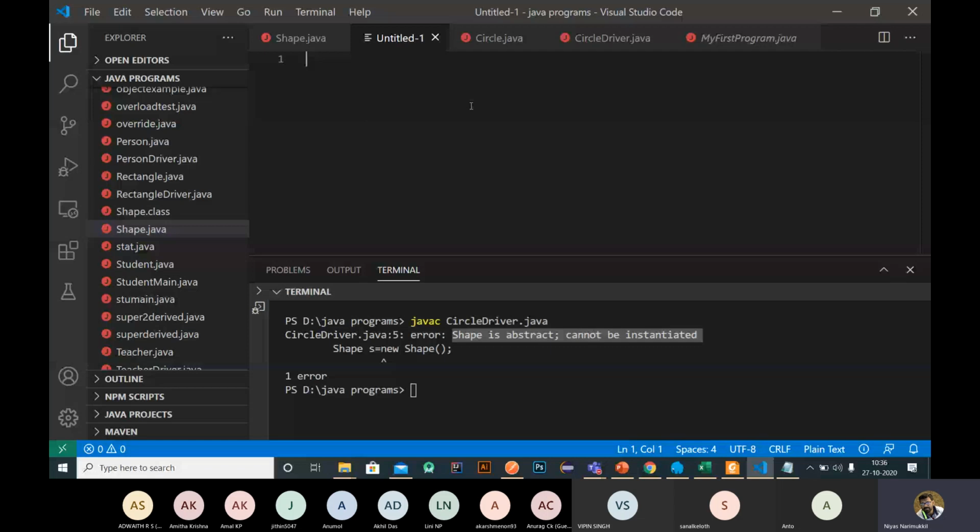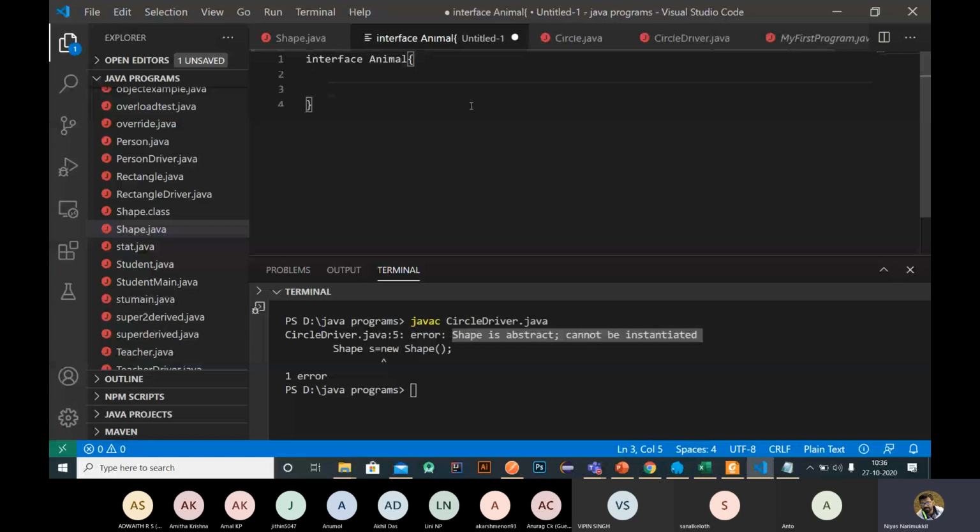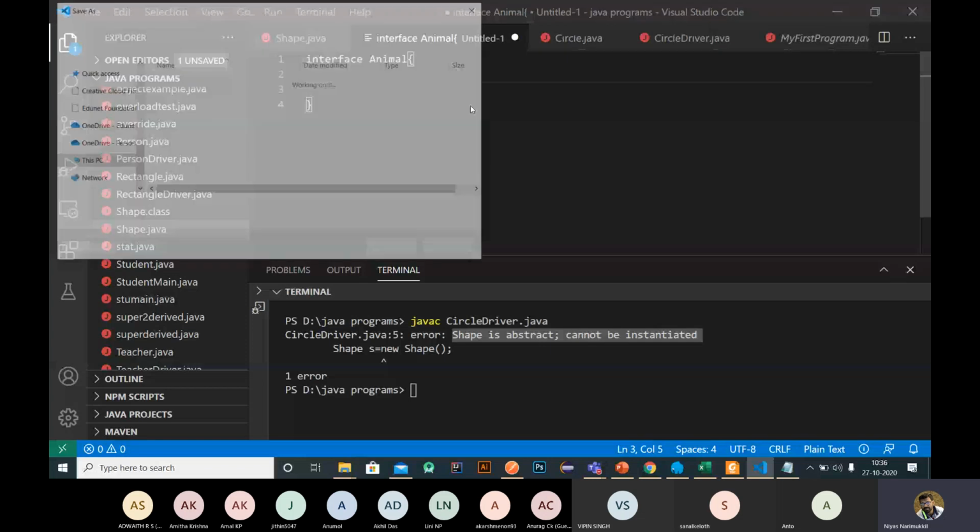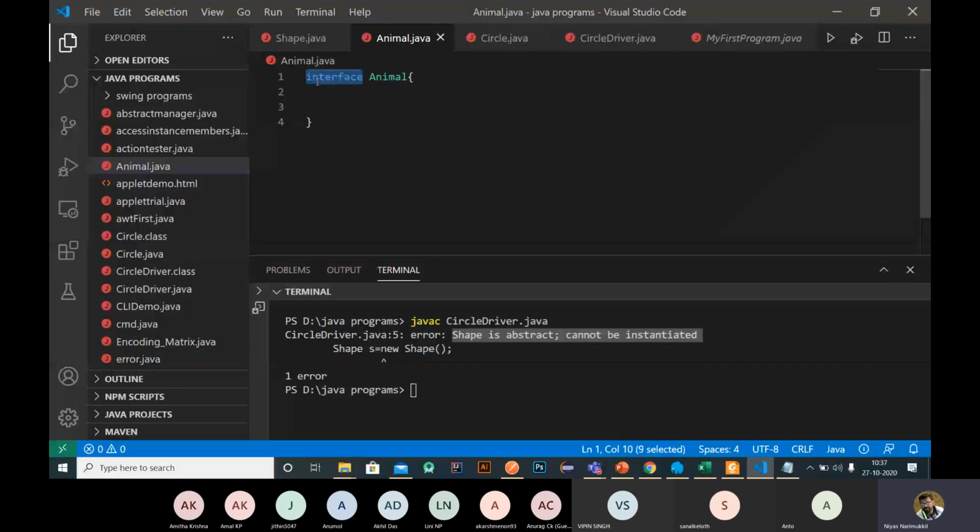Here I'm going to create Animal, and we need to save it as Animal.java. Instead of class, we use the keyword interface here.